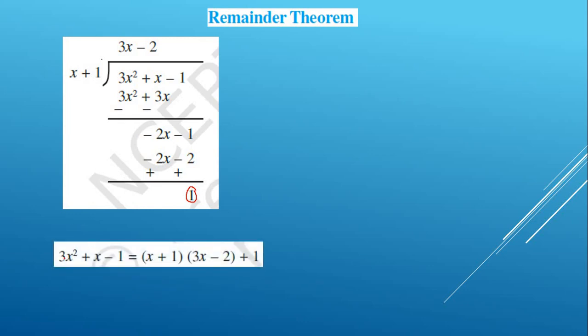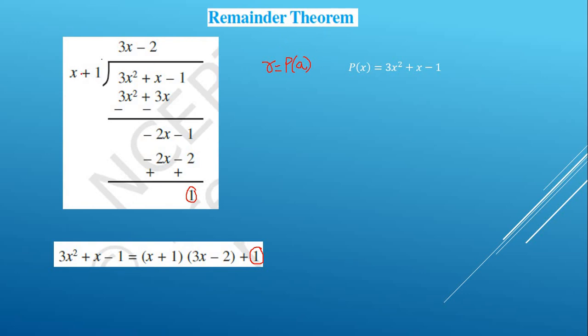Here you can see that the division rule is giving you the remainder as 1, right? Now the polynomial was 3x square plus x minus 1. So the remainder theorem says that r is equal to p of a only, right? So here we want to find the